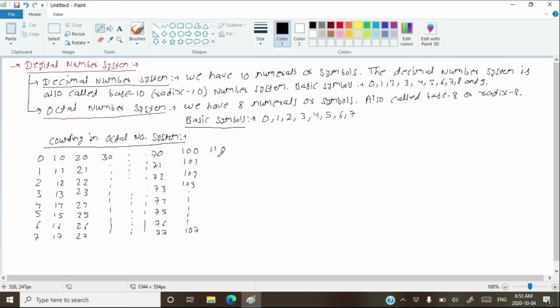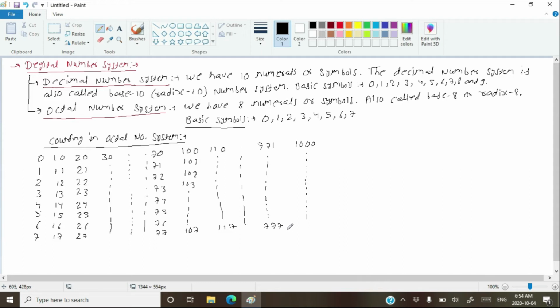After that you write 110. You keep on counting up to 117 and you keep on doing it until you get 771. You keep on counting, you come to 777, and after reaching 777, you have exhausted all your three-digit numbers in the octal number system. So after reaching 777, the number that comes is 1000. Hopefully you are getting my points. So this is how you continue your counting. So this was the counting in the octal number system.